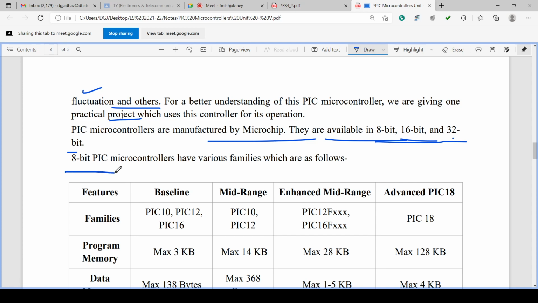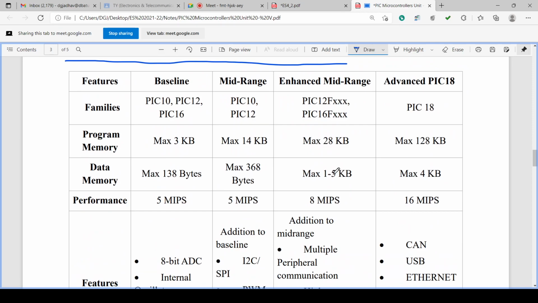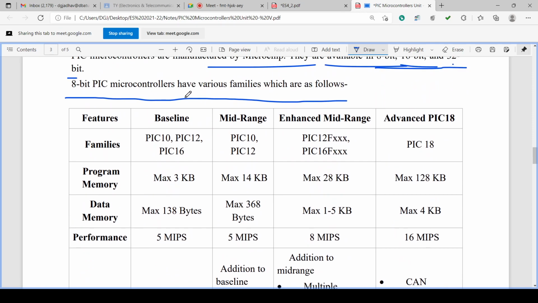In the case of 8-bit microcontrollers, various families are there as follows: one is baseline, another is mid-range, another is enhanced mid-range, and advanced PIC18. The families are PIC10, PIC12, PIC16, and PIC18 is advanced.